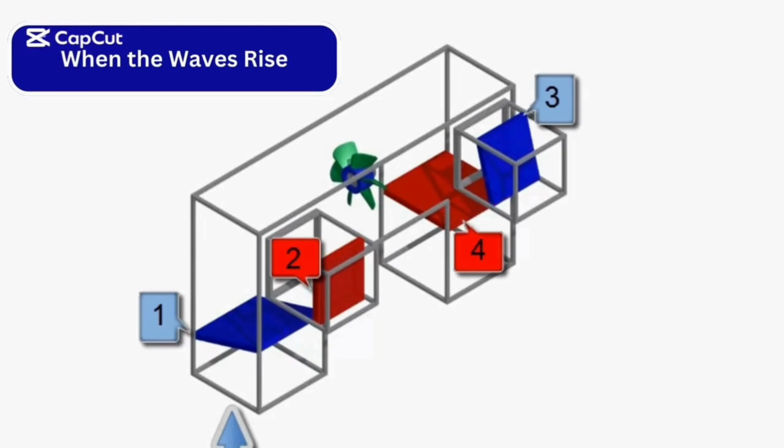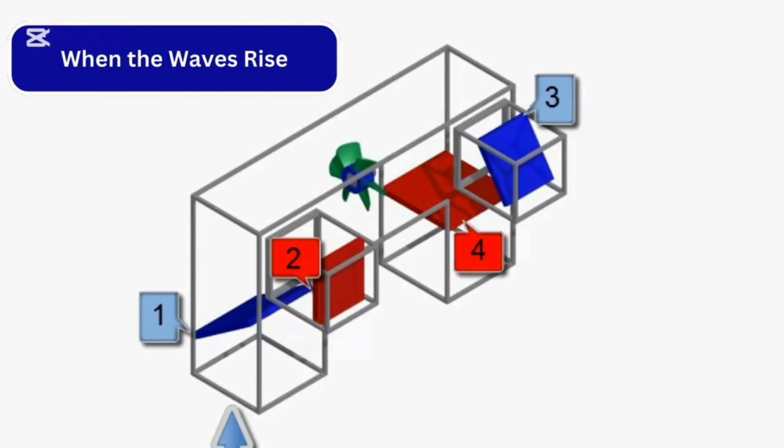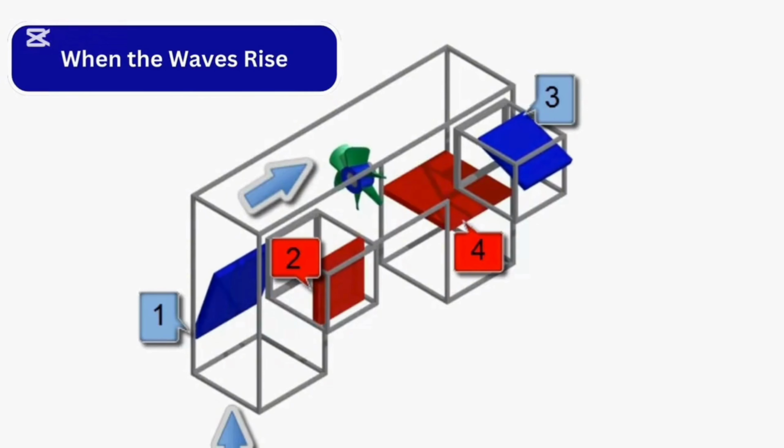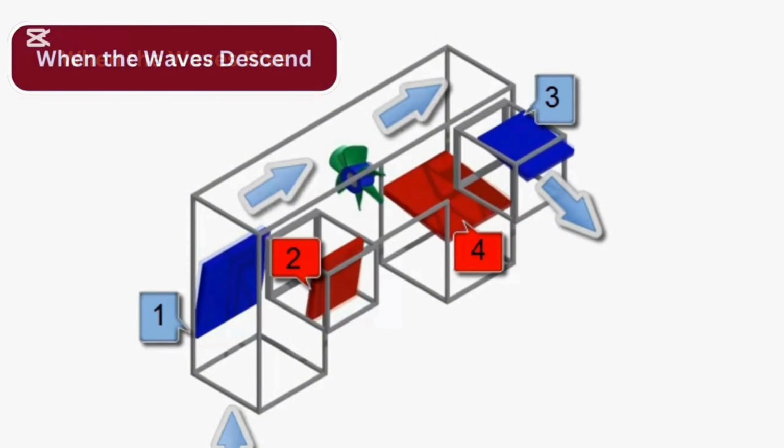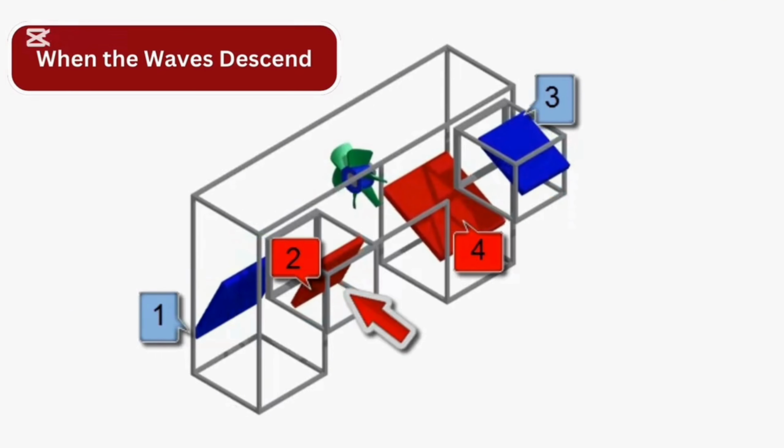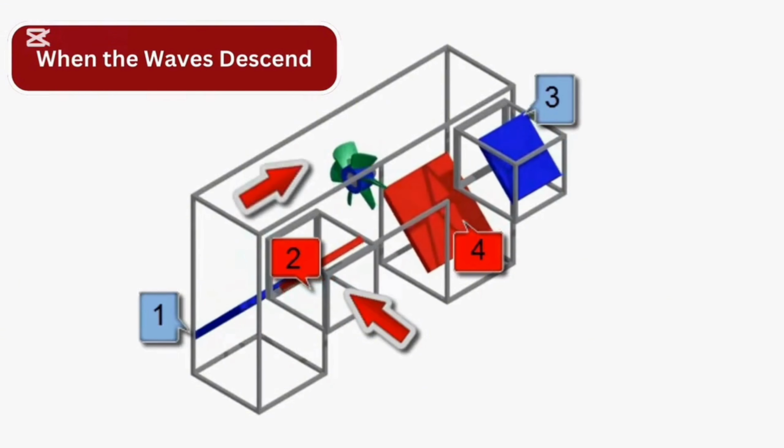When the wave rises, seawater enters the first chamber, compressing the air inside. This pressurized airflow pushes forward, rotating the central turbine. Valves 2 and 4 are open, allowing smooth and unidirectional airflow to the outlet chamber, while valves 1 and 3 are closed. When the wave descends, the internal pressure drops, creating the suction that draws air back through the